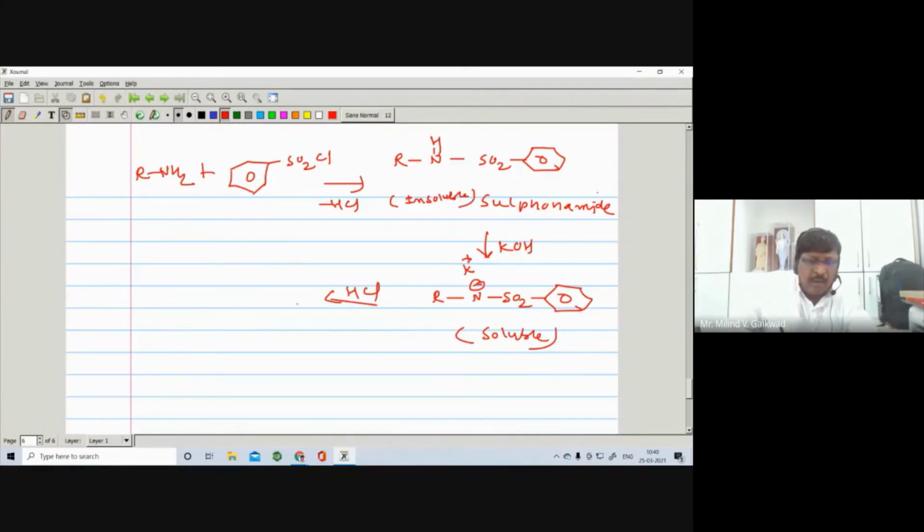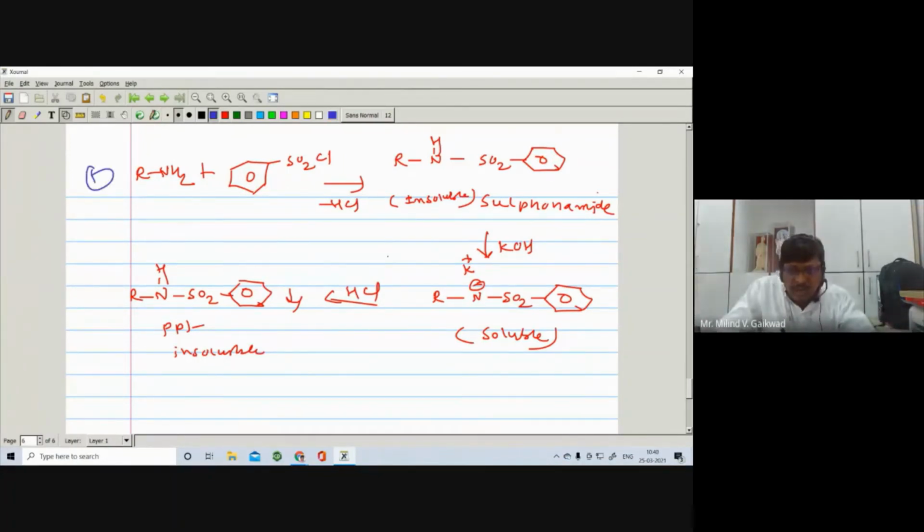And here when you add HCl, you are getting R, N, H, SO2 and benzene. So there is a reappearance of this compound. You are getting a precipitate and it is insoluble. So remember here, when your compound is a primary amine, you have to treat it with benzene